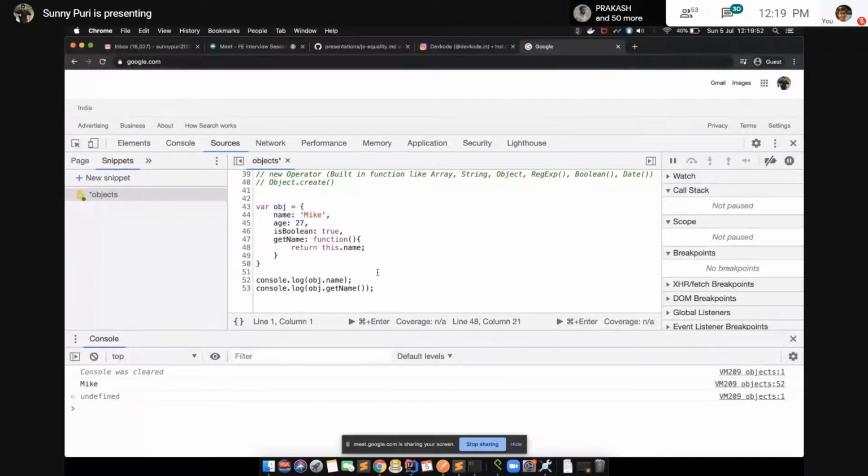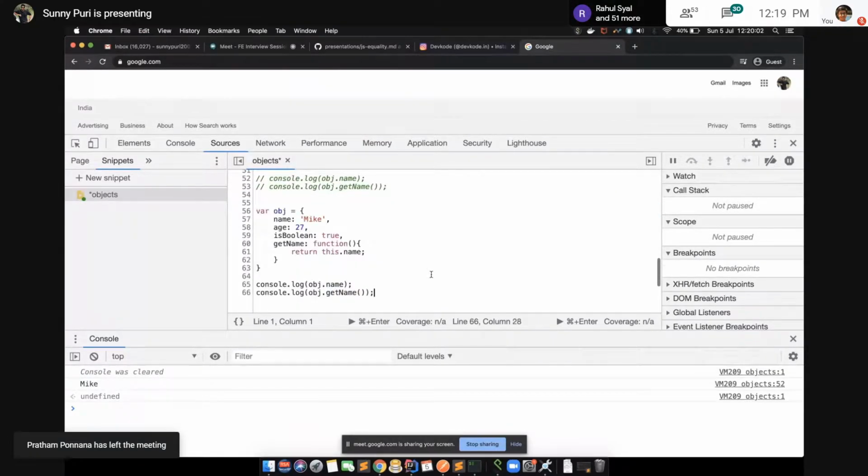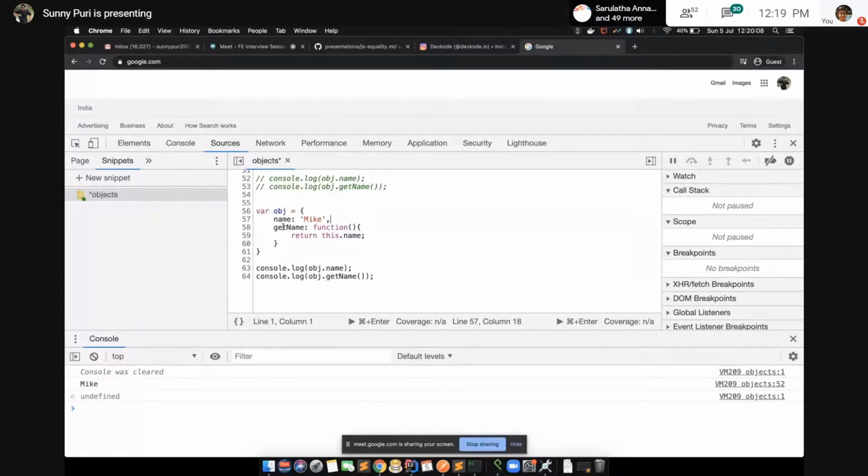So let's move to a new concept. We have this getName function. This is one way to write a function.